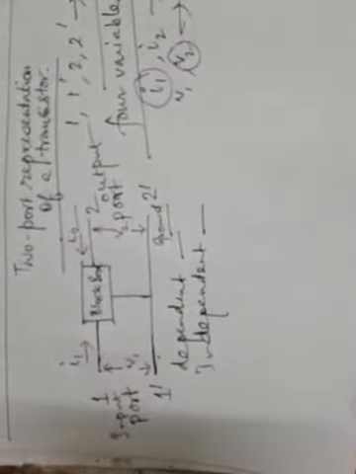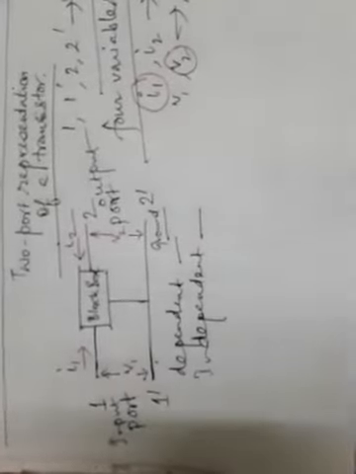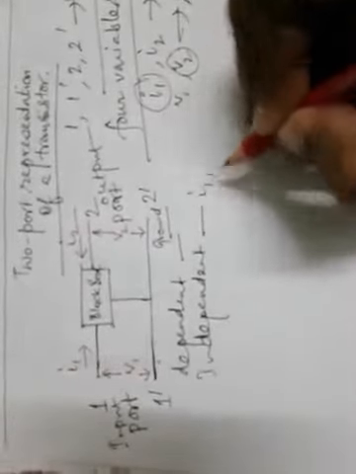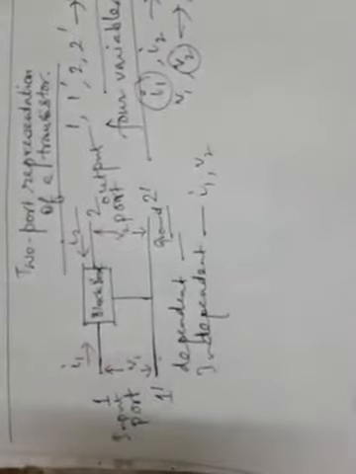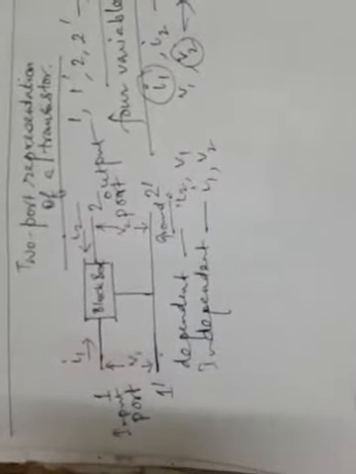So let us check now how these equations can be formed considering the independent and dependent variable criteria. If I1 and V2 are the independent variables, then the input signal voltage V1 and the output signal current I2 are the dependent variables. So I2 and V1 will be the dependent variables. Now the dependent variables will be expressed in terms of independent variables.